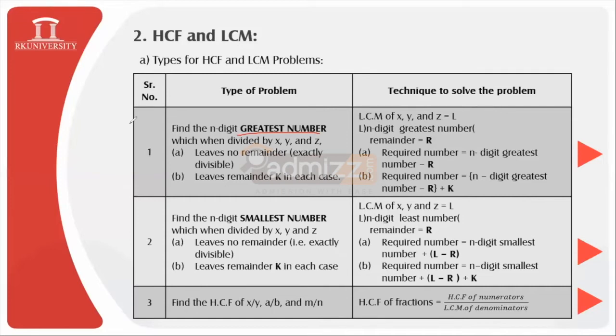As you can find in this particular type, we have to find the LCM very first. So once again I repeat that for the keyword greatest, we have to find the HCF majority of times, and for the smallest we need to find the LCM. That is for majority, not all the time. It is not involved all the time. So this is the key fundamental before starting with the explanation of the set types.